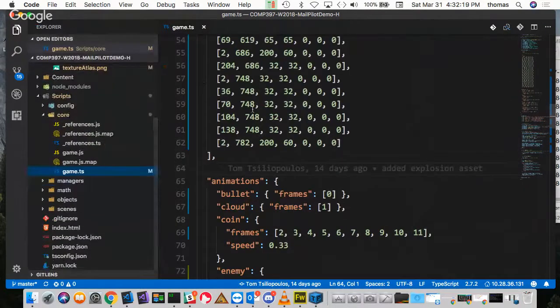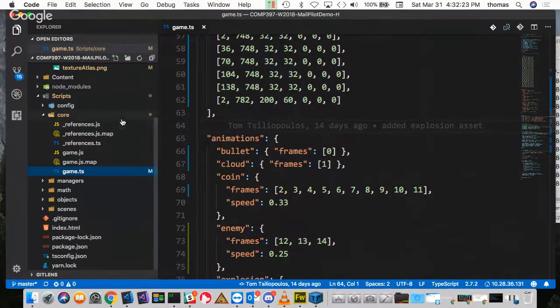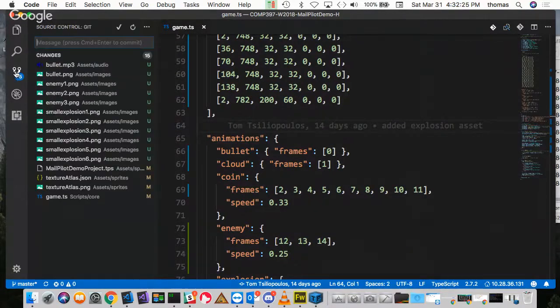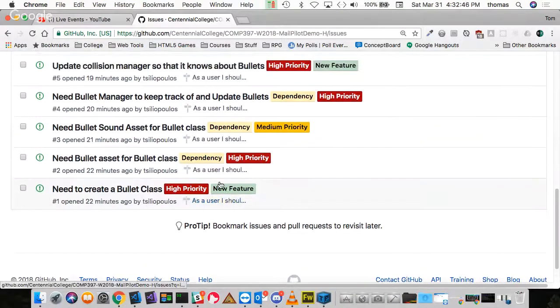All right, so that's done, but we should test it and make sure that there's nothing that's messed up in our game before we accept our issue. So I'm going to go here, and these are all the things I changed. I'm going to stage all of them, and that's fine. I'm going to say I added assets to project. And this should close,